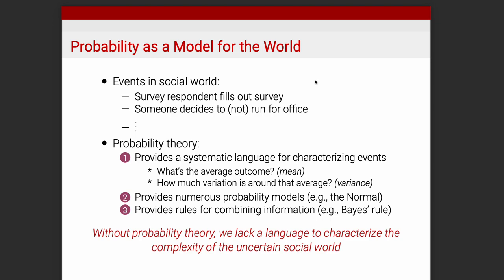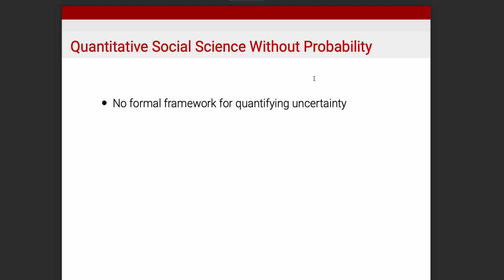One answer being probability theory is a way to explain the uncertainty that we see in the world, but it's also a way to define what we mean by averages and define what we mean by uncertainties, in addition to how we can use probability theory to combine information from different sources through things like Bayes' rule, which we'll talk a little bit about. So this was motivation that we talked about last time.